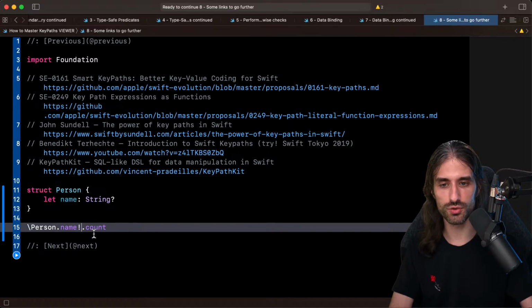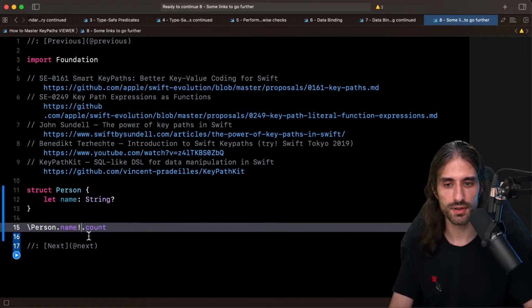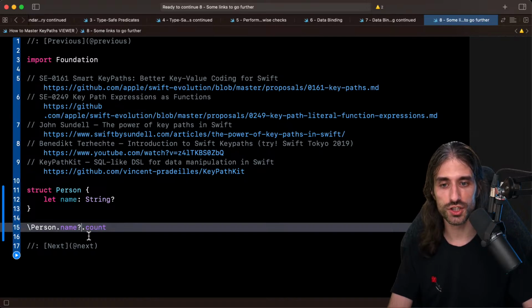And in the same way, I could also do a force unwrap. So you have these two syntaxes, which once again makes sense because a key path is a literal syntax to refer to how to invoke a property. And since in Swift, when you interact with an optional property, you have to decide whether you want to use optional chaining or force unwrapping, then it makes sense that you also have to make the same decision when using a key path.